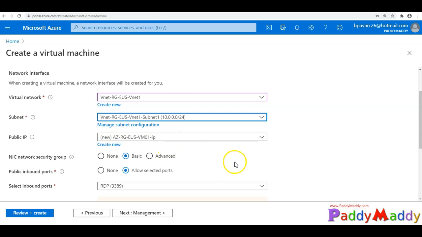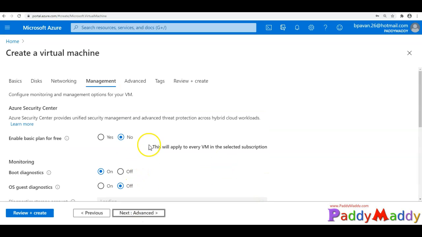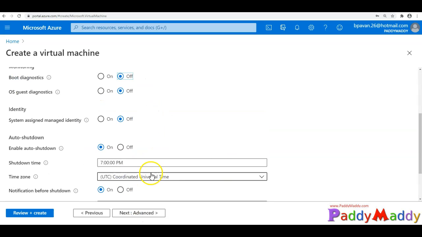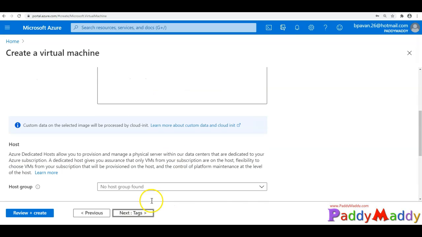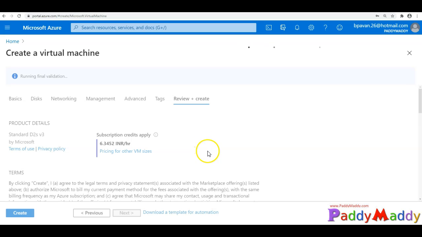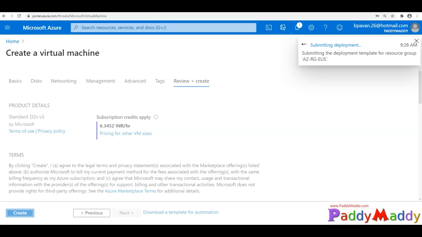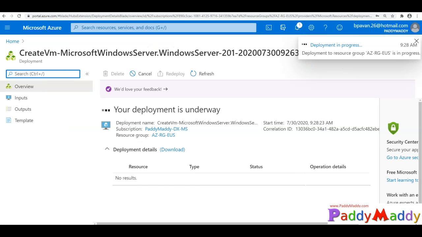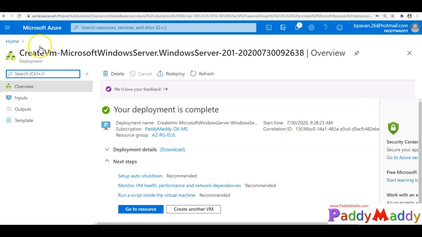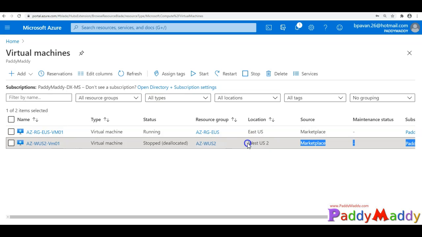I'll quickly fast forward the rest, like management, advanced and tags, which are default. This demo is focused on the networking component, so you can review those settings if you want. Let's create the virtual machine. Since the VM is already created and is in a running state,